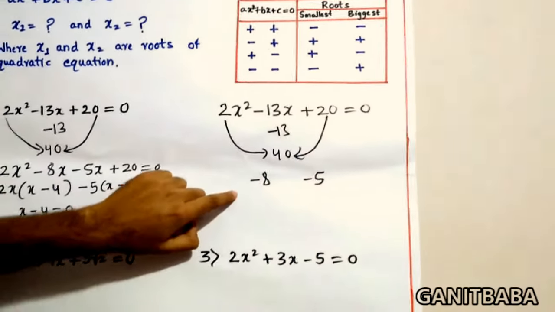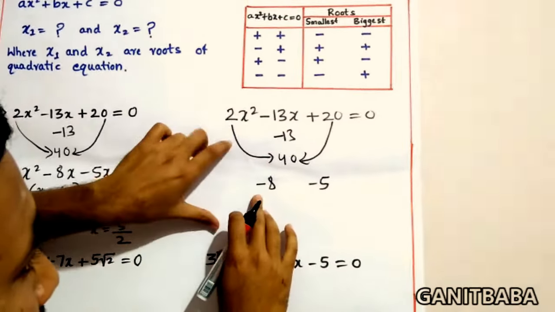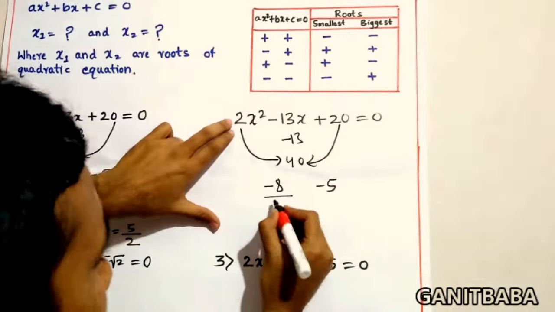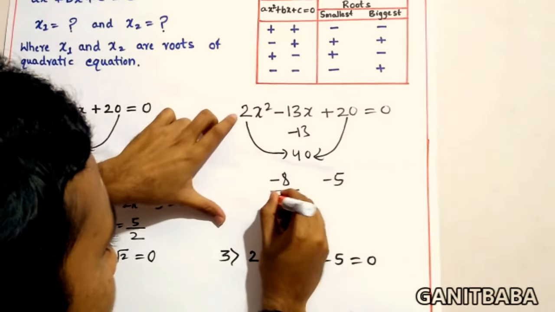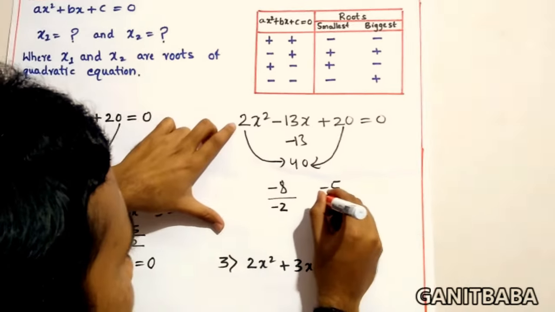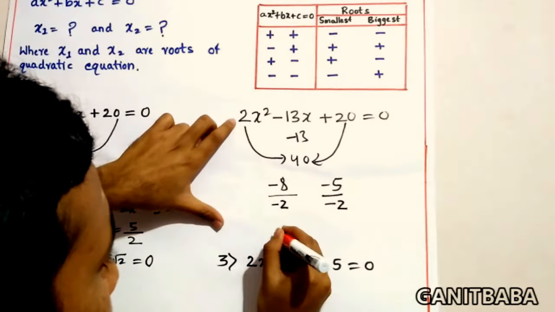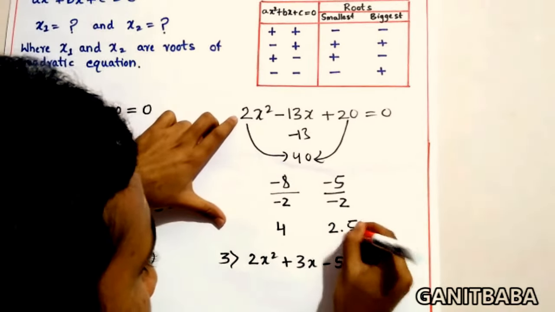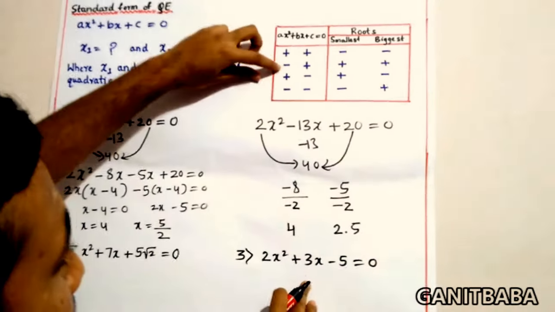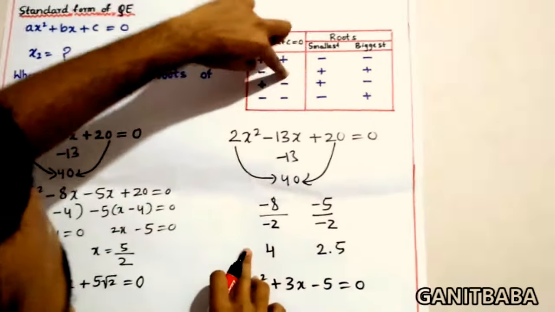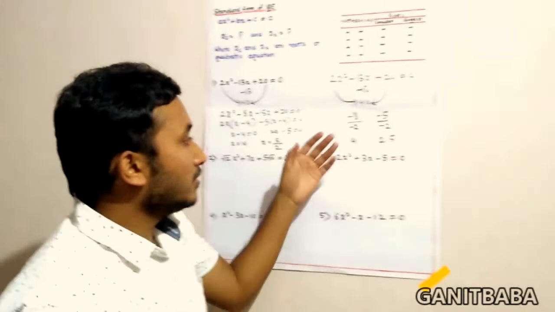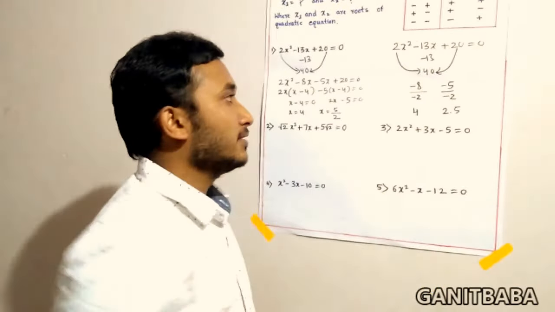So in this method, what we are supposed to do, we need to divide by the coefficient of x square, that is a, that is 2, with minus symbol, so it will be minus 2, and this will be minus 2, and we will get it as 4, and we will get it as 2.5. So with this table, as minus plus, it is plus plus, 4 and 2.5. So see here, in hardly 2 steps, and in less than 10 seconds you can do that.